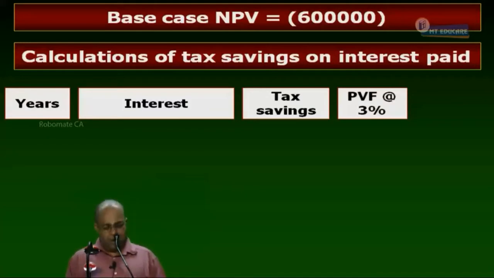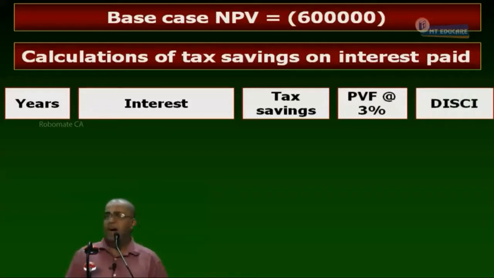Other projects may have what? How much percent? 8%. But for me it is how much percent? 3%. And then discounted cash inflow. Can I proceed? Now, year one,